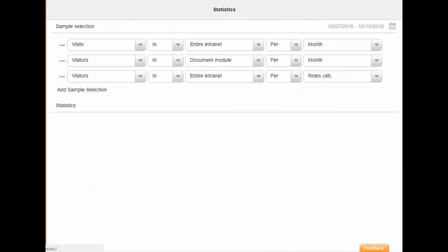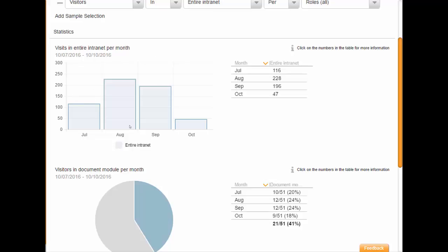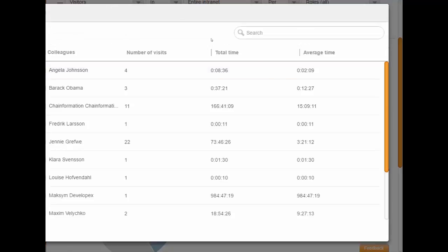Now, as you first enter the statistics module, there will be 3 presets available. Those would be showing for the past 4 months the amount of people logged on to the intranet in reference to the total amount of users set up in the intranet. So in this first one, the graph will show you how many users have logged on to the intranet for each month. And by clicking, for example, the July numbers, you will get an overlay window